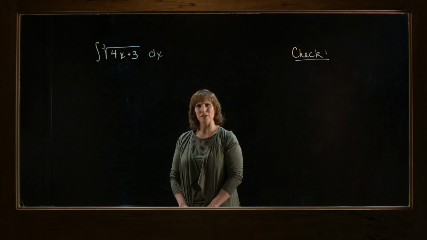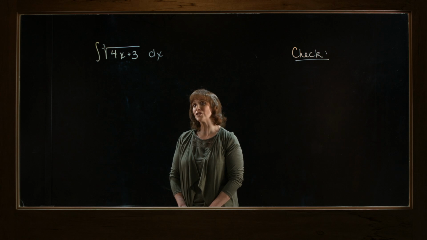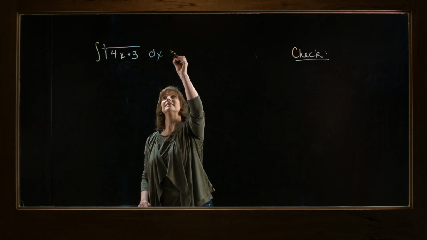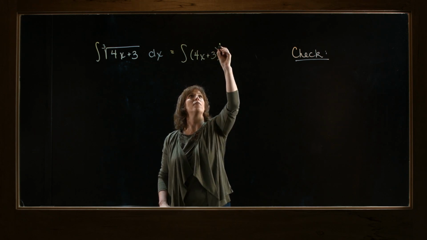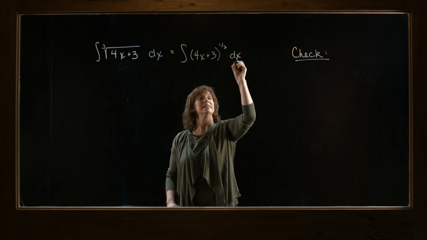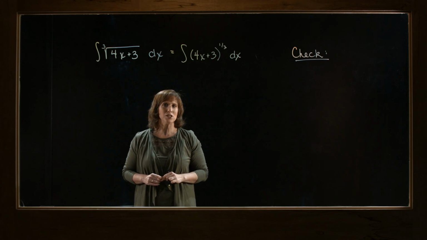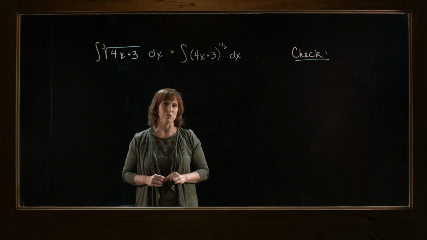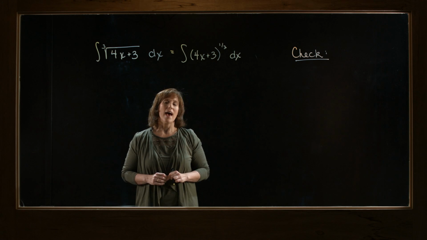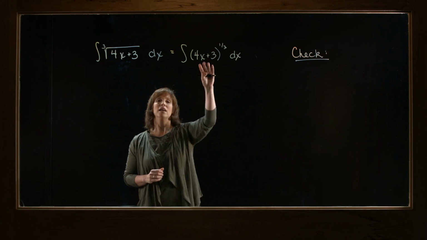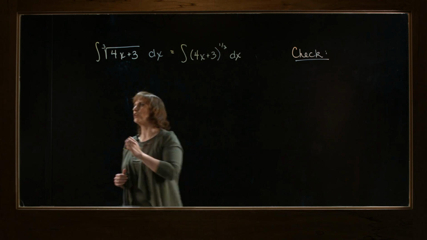Well, the first thing I think I'm going to do with this is to change my notation from radical notation to a fractional exponent. So I can rewrite this as the integral of 4x plus 3 to the 1/3 power dx. Now my integrand is complicated enough that I can't use just basic integration rules to evaluate. So I'm going to think in terms of a u substitution. And when I do that, typically you let u be the inside of your composition function. So let's go ahead and let u